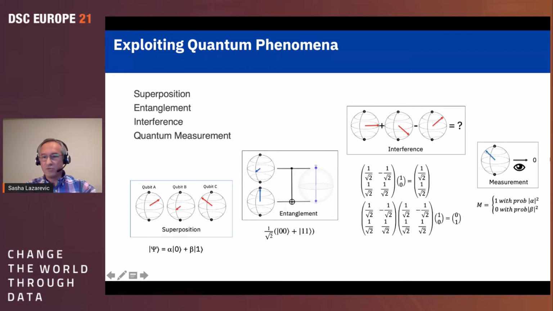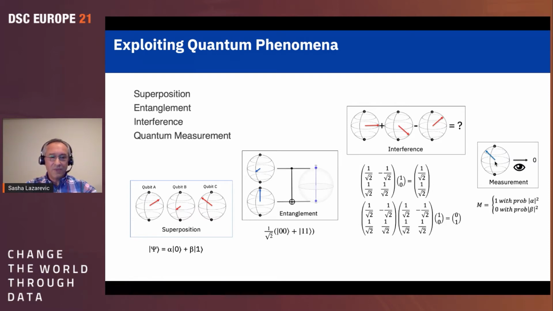And then the fourth very important phenomenon is measurement. So all these quantum systems can be in superposition, they can be entangled. But if we want to see what is inside and where this vector is pointing to, then all this magic disappears and the quantum state just collapses. It becomes either 0 or 1. So in order to understand where this vector was before the measurement, we have to repeat our circuit or our experiment many, many times, 1,000 times, 10,000 times. And then as the result, we'll get a probability distribution. This probability distribution is telling us what the state was just before the measurement.